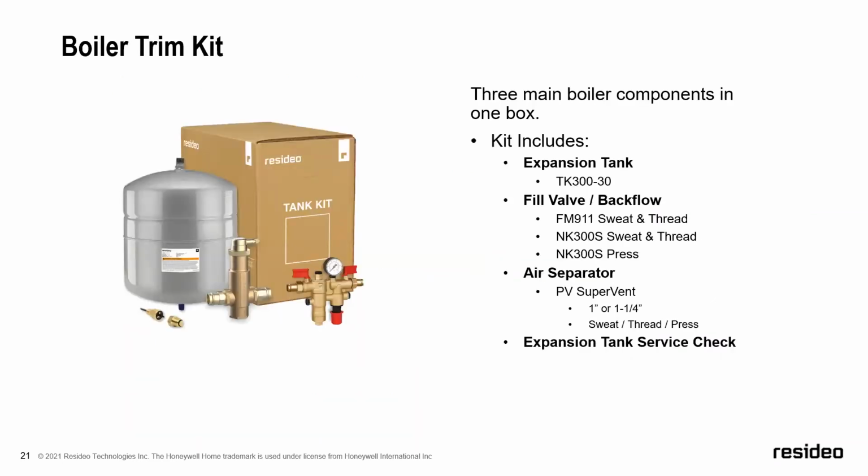So as we talked about the 3 main components, we make a kit. And we make a lot of different variations of this kit now to really make you efficient on your trucks, and from a stocking aspect at your distributors. This kit allows you to have some different options with it. We do it with both the NK300, and we do it also with the FM911. So we did kind of look at that as a good, better, best. We offer it with the 30-gallon expansion tank,